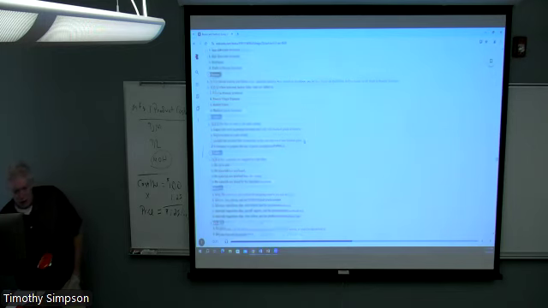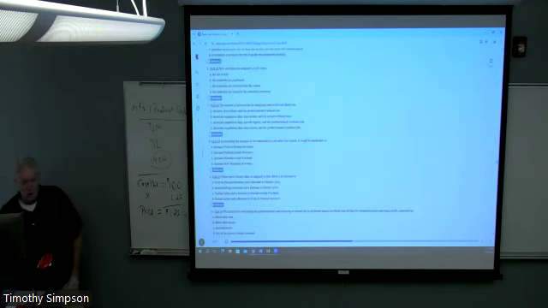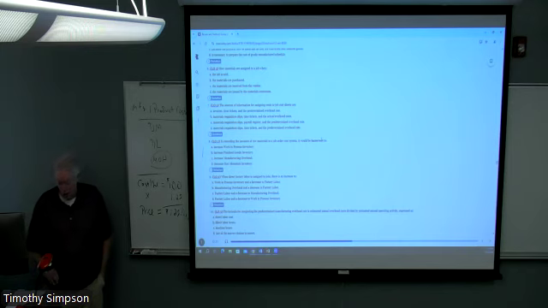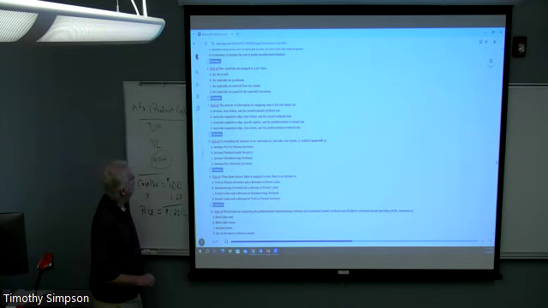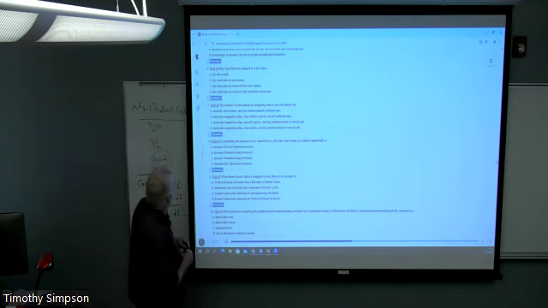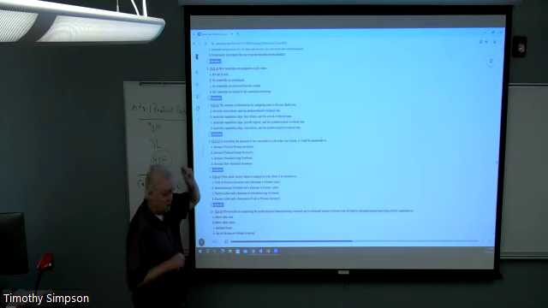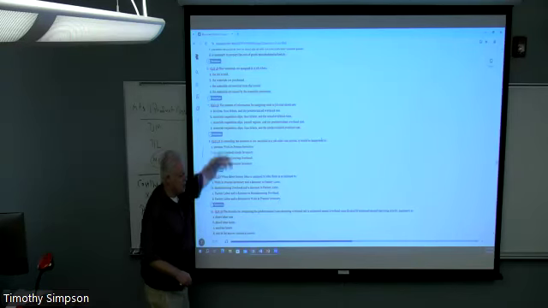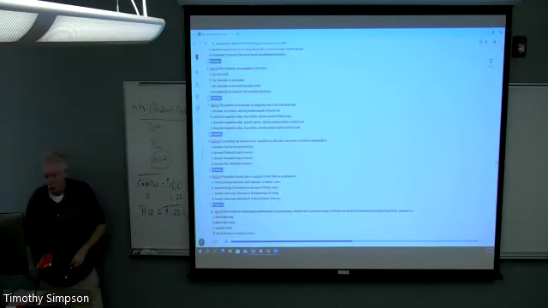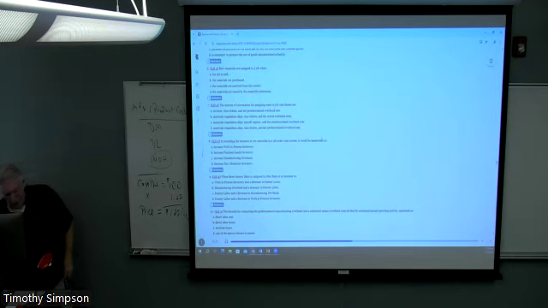Let me come down here, let's go to number 6. Raw materials are assigned to a job when what? All right. A, the job is sold. B, the materials are purchased. C, the materials are received from the vendor. Or D, the materials are issued by the materials storeroom. The answer to that is D, when they're assigned out of the storeroom. And so that's really what's going on there.